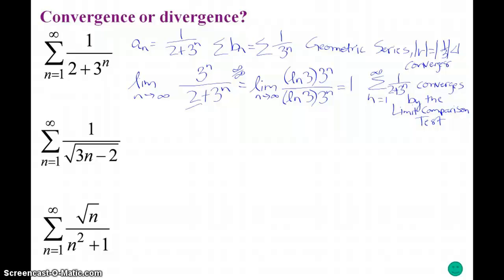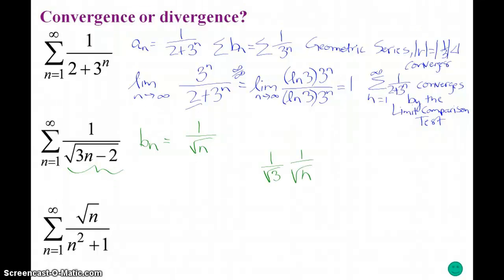So here is a sub n. I won't take the time to write it out. We'll immediately go and try to find a b sub n. For large n, we might say that this acts like 1 over the square root of n. And you say, well, wait a minute, there is a 3 in front of it. Yes, there is, but what I'm doing in my head, and it's perfectly fine for me to do that, is